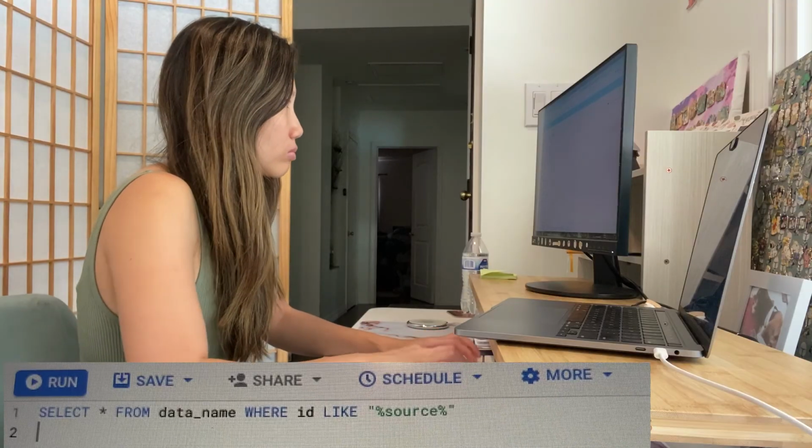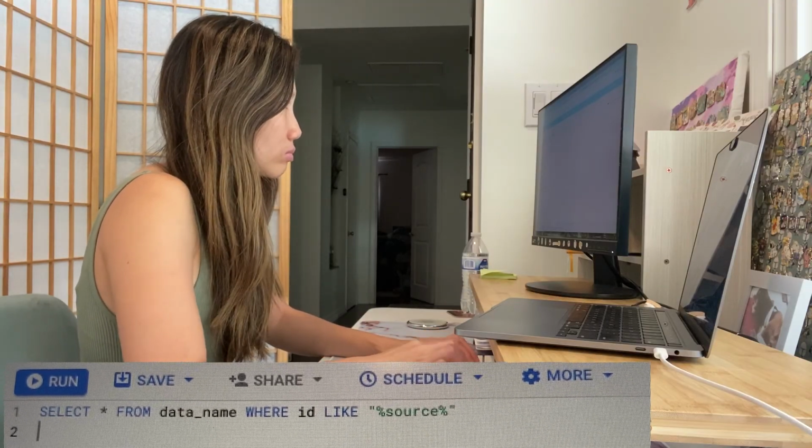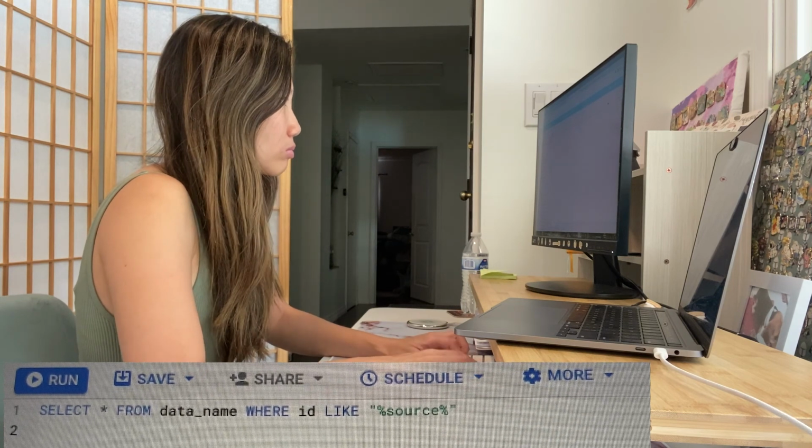Today is a work day. I did a lot of SQL work and I'm still working on the data issue. So my manager and I have been corresponding on that and hopefully we can figure it out soon. This is another example of how we would run a query with the wildcard in the where statement.